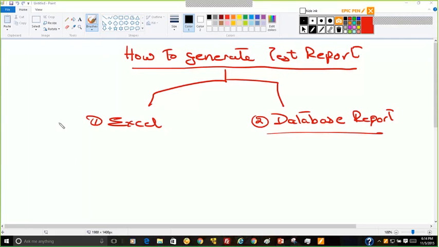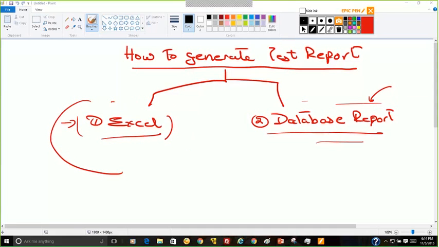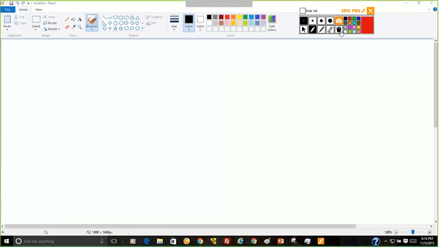This is the most preferred, because if you generate a database report, then again you have to pull that report into an Excel sheet for the people to see it. So this is the most preferred method of creating Excel reports. So we will be seeing how to create Excel reports. Okay, now in order to create an Excel report,